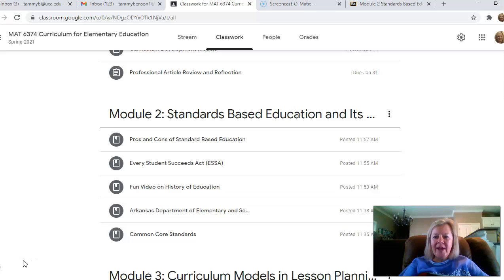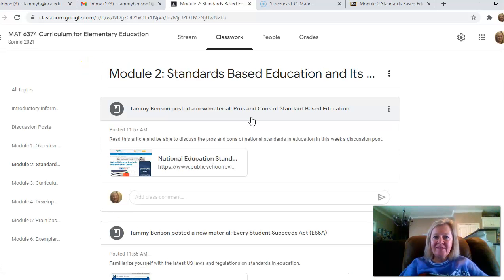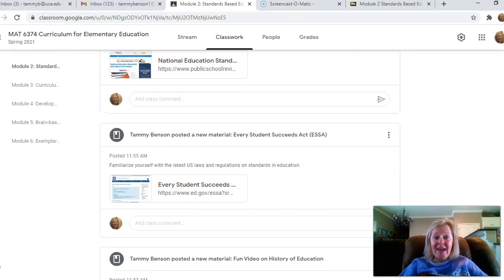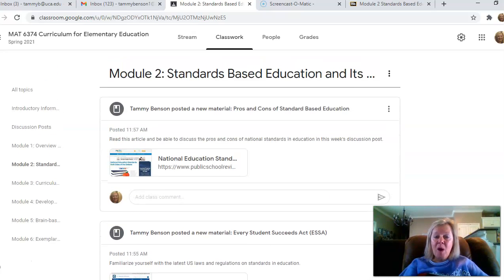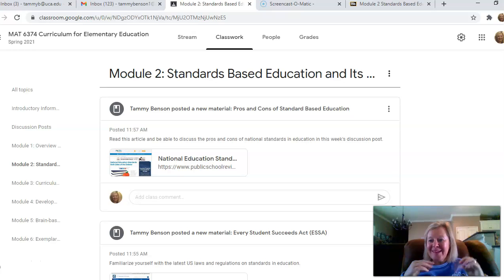I wanted to give you a quick overview of Module 2, which is in Google Classroom, and it's about national and state standards. So I wanted to look at this a little bit with you and show you some of the things that I've posted. You don't actually have a large assignment for this module, you just have a discussion post, but I expect them to be some rich ideas and creative thoughts about standards and what they mean to us, because as teachers, part of our job is we are like the medium that takes the standards and the children and we bring them together.